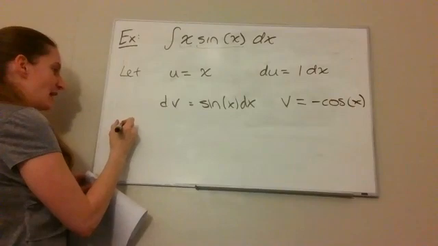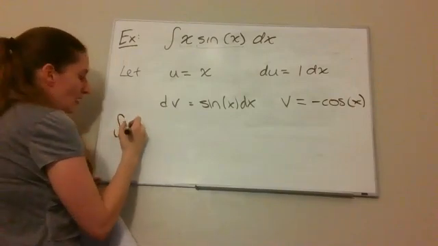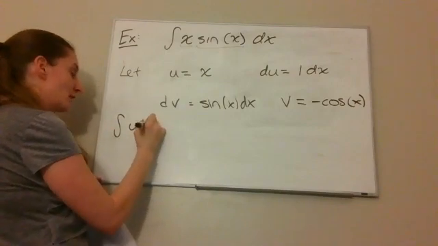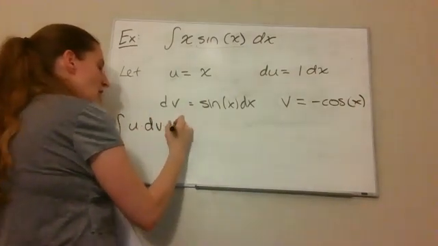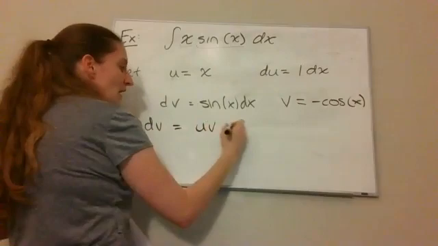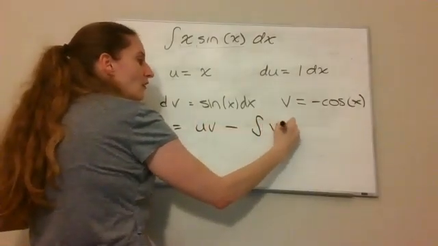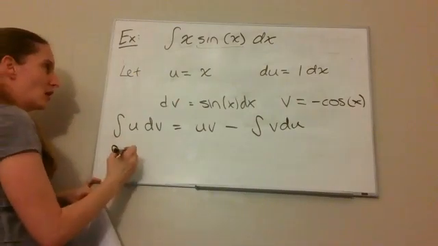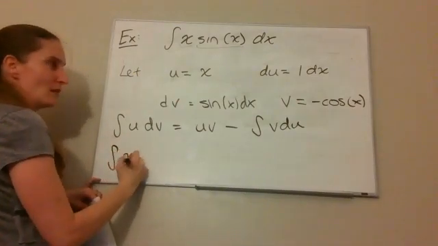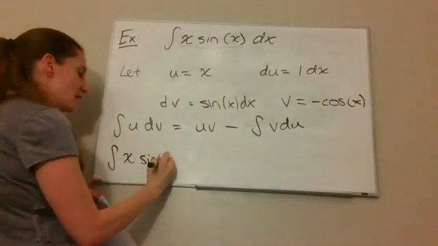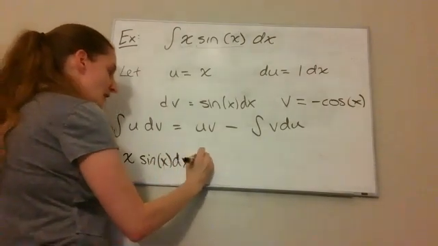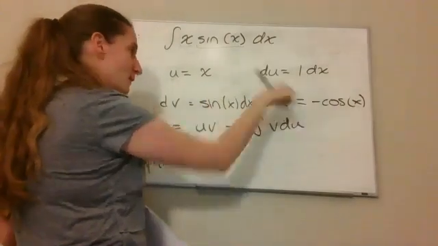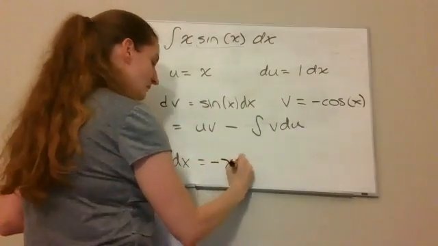So remembering my integration by parts formula, which I suggest you write down all of the time until you've memorized it: integral of u dv is u times v minus the integral of v du. So on this particular problem, my u was x and my dv was sine x dx. This should equal u times v. So that's x times negative cosine x